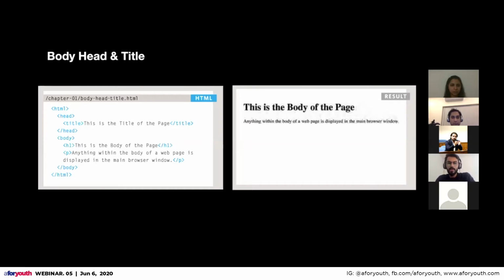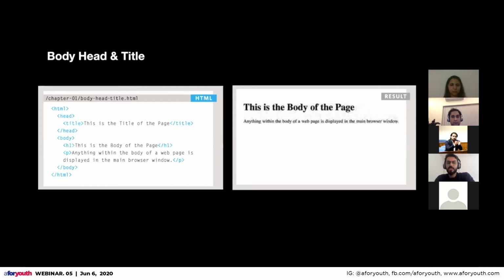So you can see the H1 tag actually shows a very big heading on the top, and the paragraph is very simple text. Just like we saw in Microsoft Word documents, there are headings, there are paragraphs. It's the same here as well. It will change the font size itself just based on those tags.